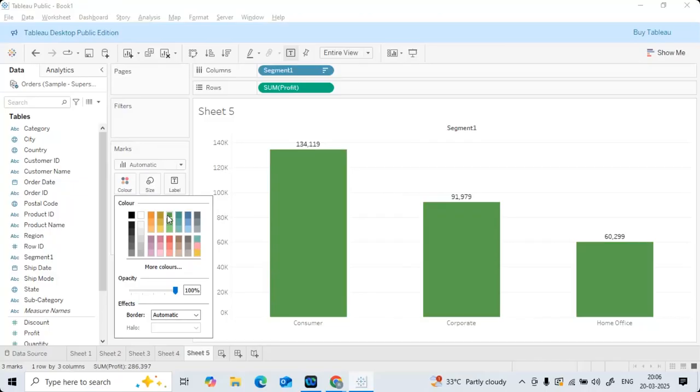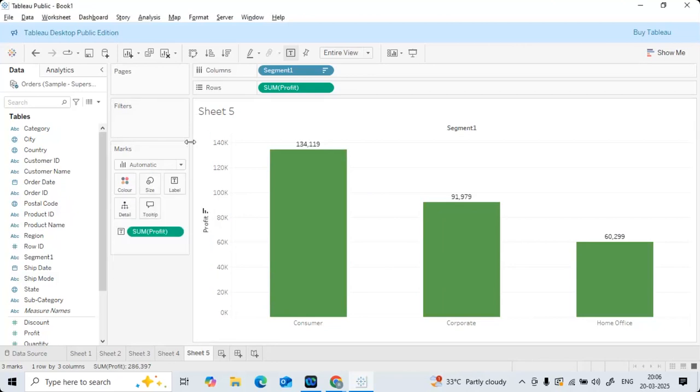Now, instead of providing the same color for all the bars or all the columns, I just want to do it for different bars, differently. You can do that. You call it conditional formatting. What I mean to say is, what is the segment with highest profit? Consumer. What is that one particular segment with lowest profit? Home office. Now for the opposite person, we just want to represent it with a neat color effect.